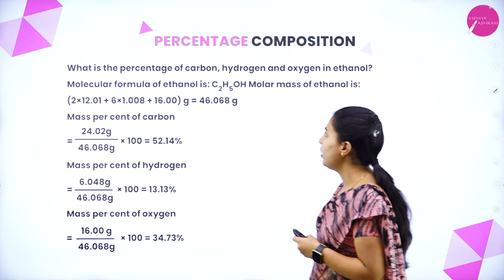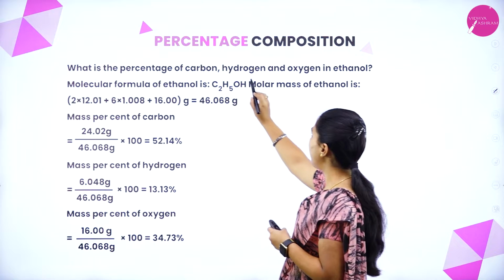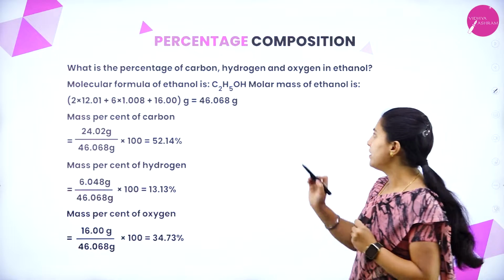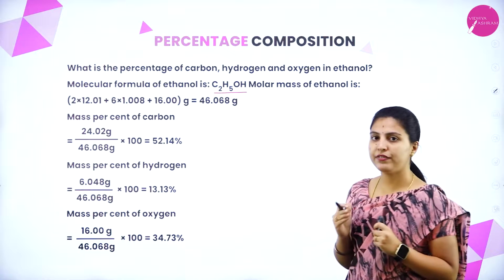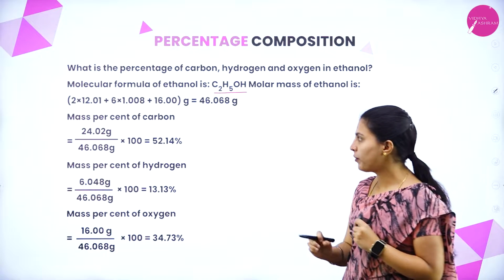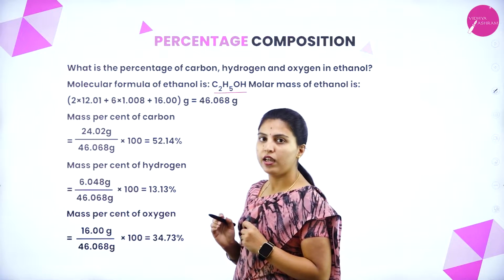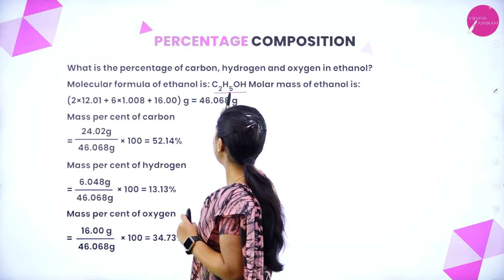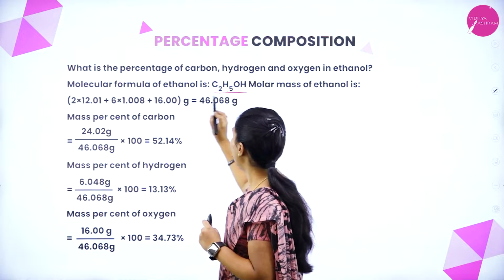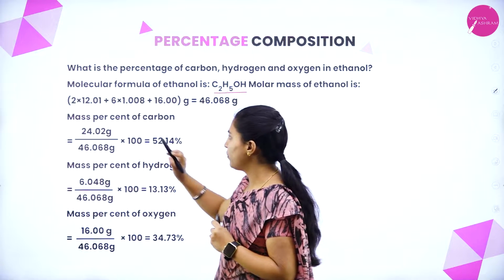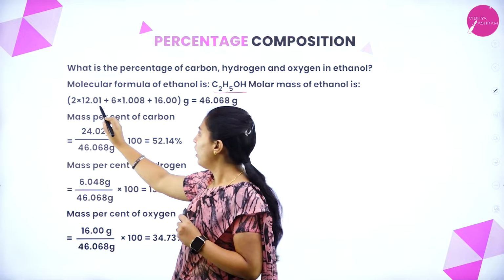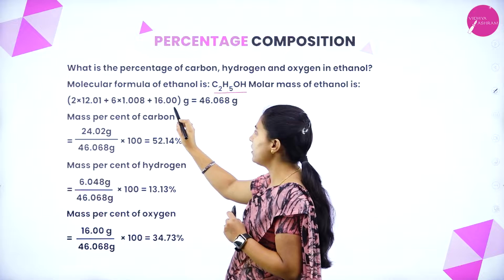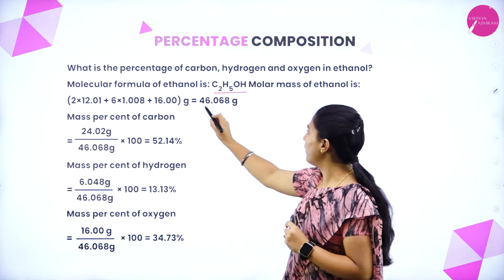Next, another example. What is the percentage of carbon, hydrogen and oxygen in ethanol? What is the molecular formula for ethanol? C2H5OH. First we have to see the molecular formula. Only then can we find its percentage composition. How many carbon? 2. How many hydrogen? 5 plus 1, 6, and oxygen is 1. That's why 2 times the atomic weight of carbon, 6 times the atomic weight of hydrogen. This is only one oxygen. Overall you will get the molar mass as